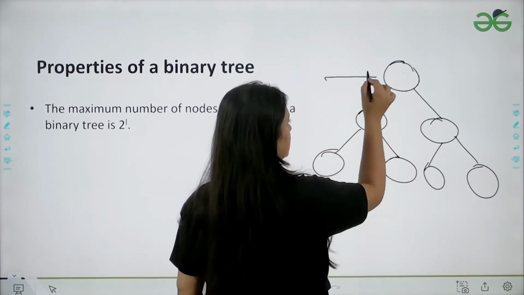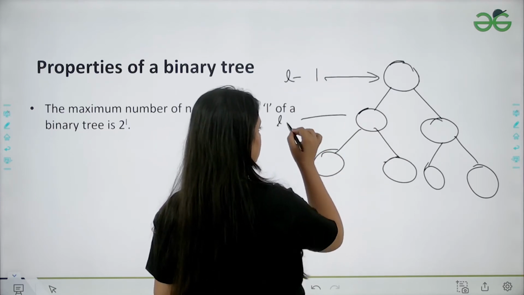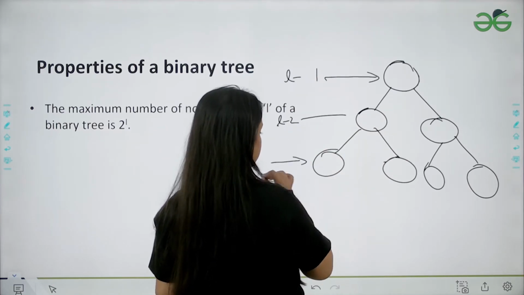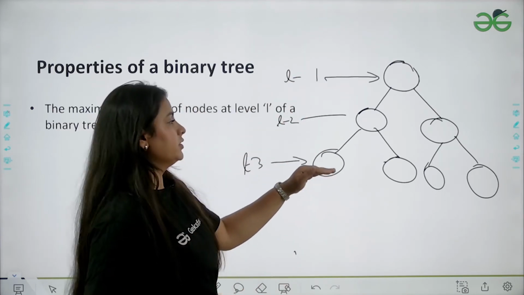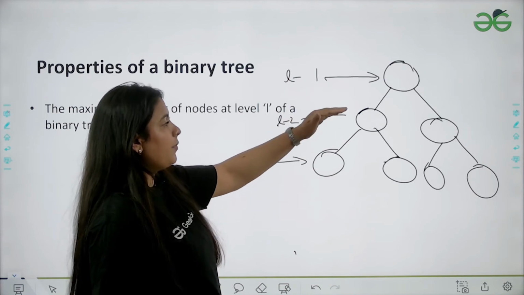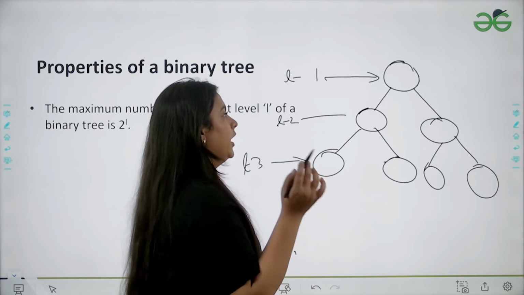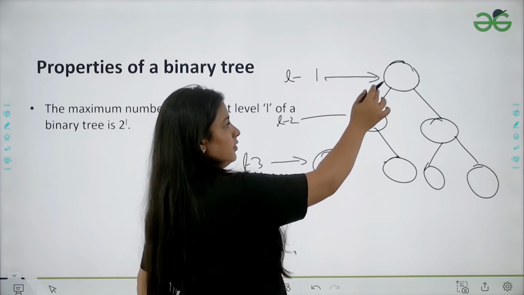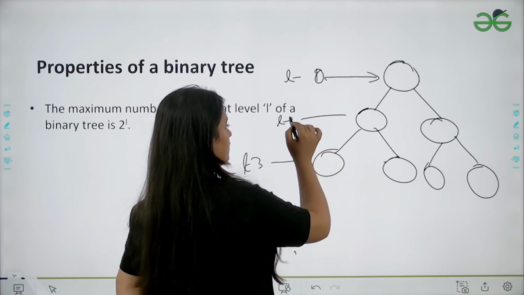So basically this is level 1. Okay. This is level 2. This is level 3. Okay, so these are particular levels. Now if you talk about the maximum element at a particular level, so the maximum element at first level is, I hope, okay, so I made a mistake. This is level 0, this is level 1.